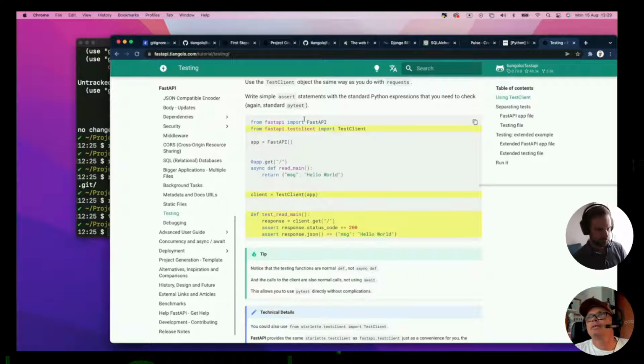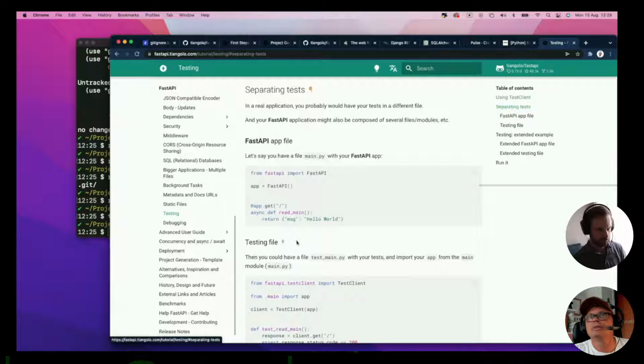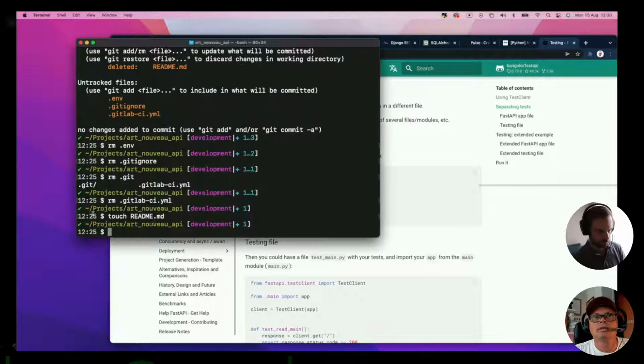Okay, right. Separating tests. Test main point. Can we have a test? Okay. I don't know, let's create a folder. Since I don't know what structure to use,